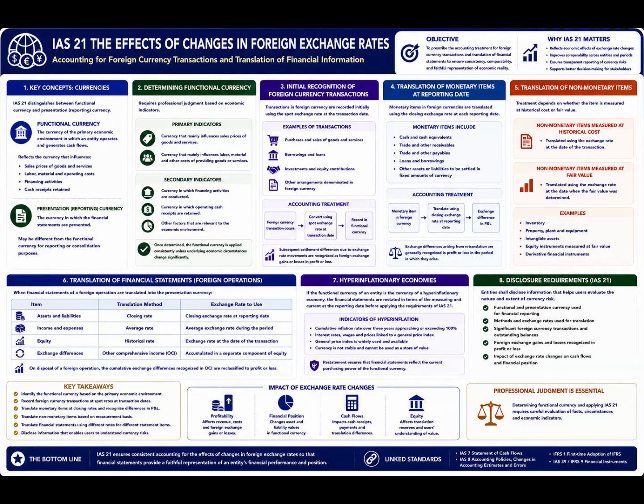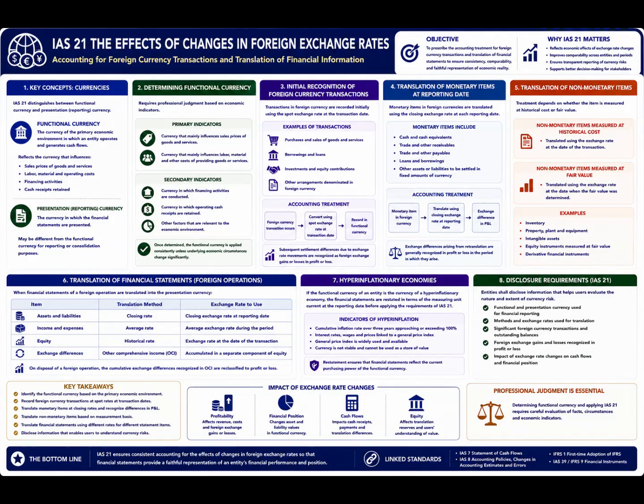Determining an entity's functional currency requires professional judgment and evaluation of several economic indicators. IAS 21 identifies primary indicators such as the currency influencing sales prices of goods and services and the currency mainly affecting labor, material, and operating costs. Secondary indicators include the currency in which financing activities are conducted and the currency in which operating cash receipts are retained. In some situations, determining functional currency may be straightforward, while multinational entities with operations across different jurisdictions may require